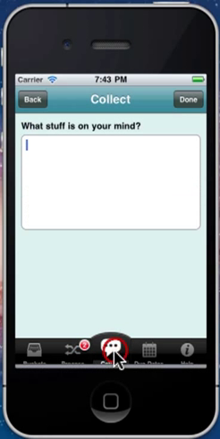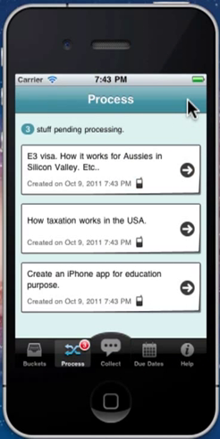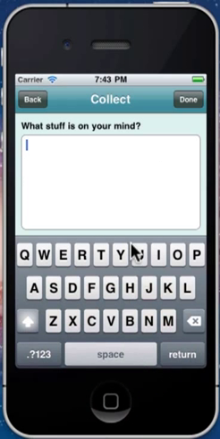As the day goes on, you might write more stuff. So, stuff about the E3 visa, how it works for Aussies in Silicon Valley, etc. Collected. As you're talking to your friends throughout the day, one of your friends might mention a great movie, Super 8.